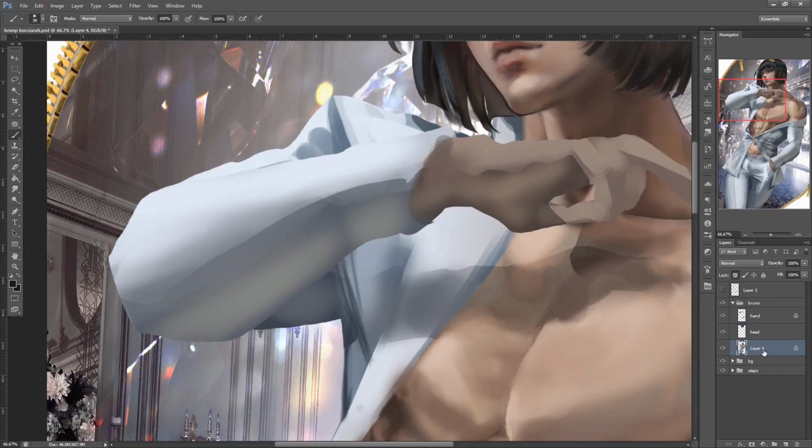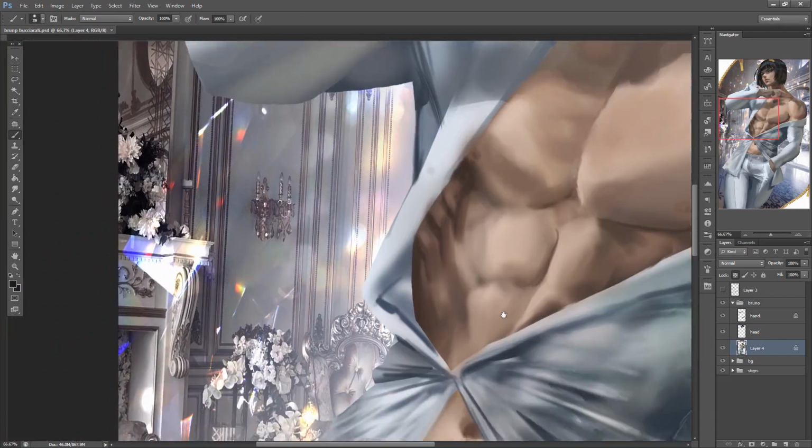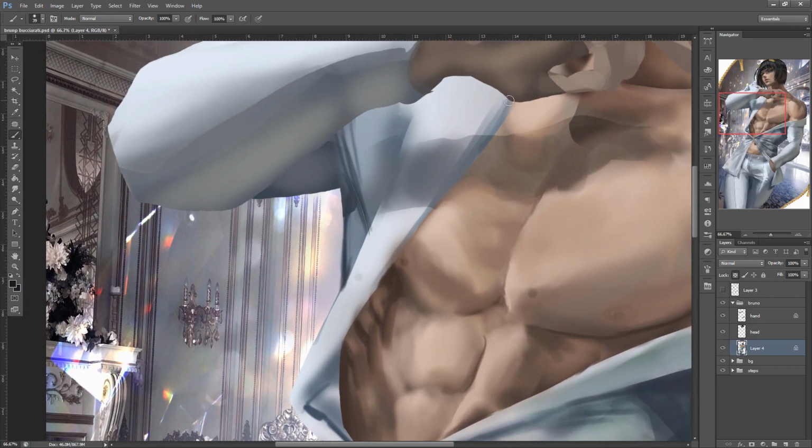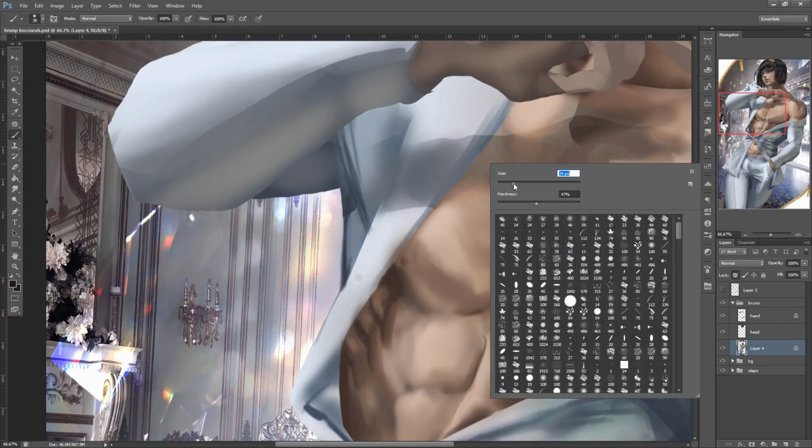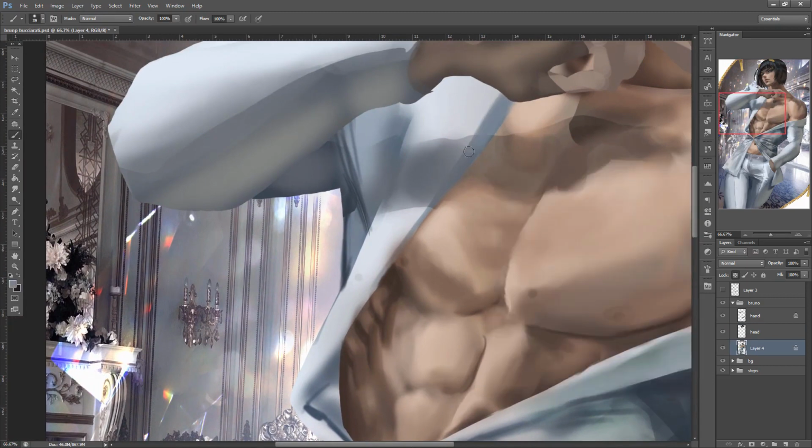Now it's time to work on the outfit a bit. Okay guys, so I have somewhat of a reference, so let's go ahead and try to refine the clothing a bit. I'm going to start off with the side, adding that volume to the clothing, making sure it's nice and even. So we got a bit of volume there. Going to use the lasso tool